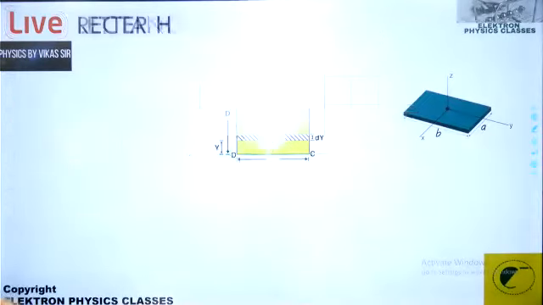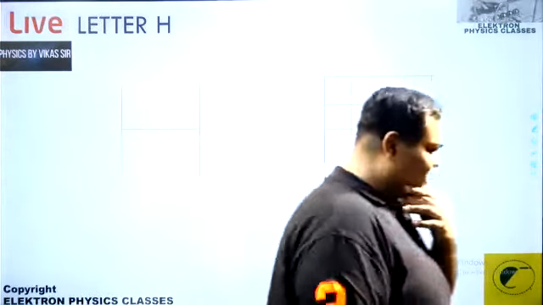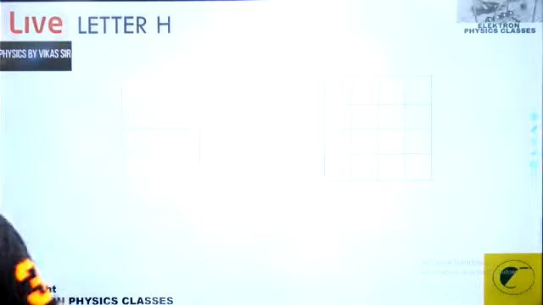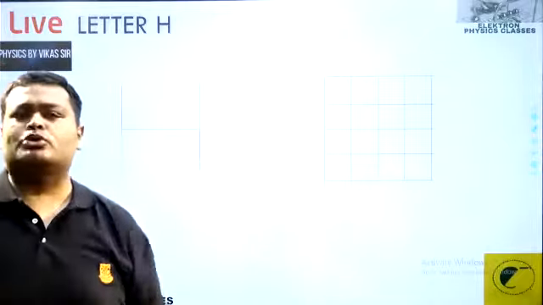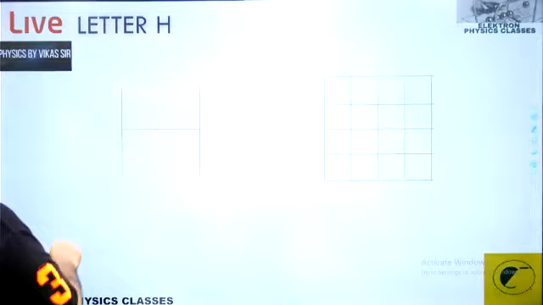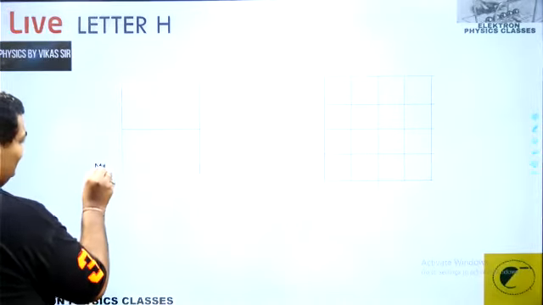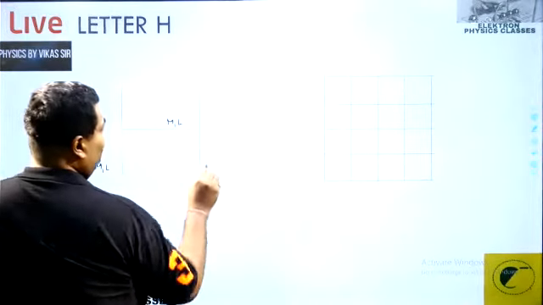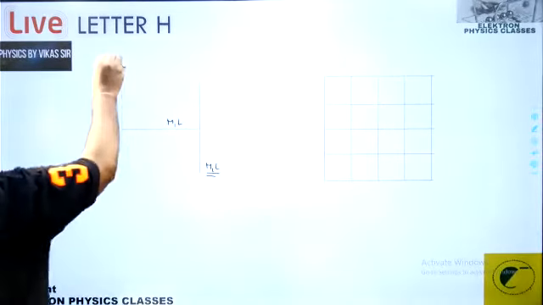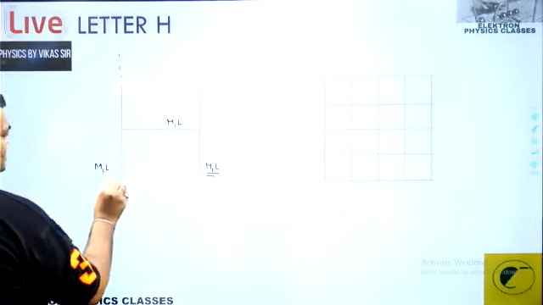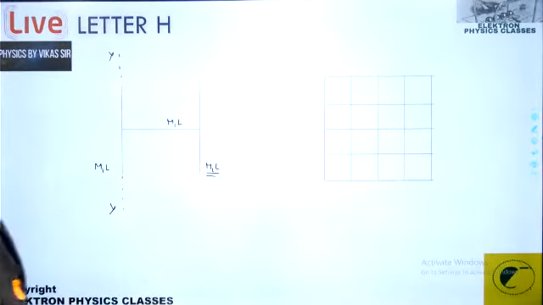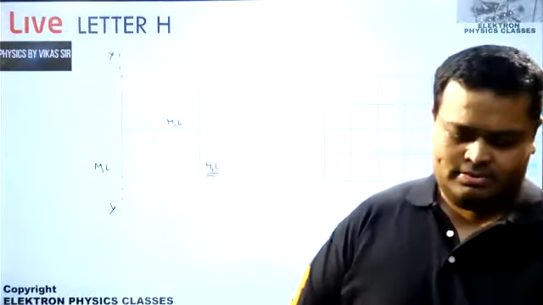आगे बढ़ते हैं, moving ahead. Yes, it's a letter H over here. It's made up of 3 rods. Now it's not a plate question, it's a frame question. It's a frame of 3 identical rods, each one of them having mass m, length L, mass m, length L, mass m, length L. We need to find the moment of inertia about this axis. This is an axis, let's say YY. What will be the moment of inertia about this? Can you please give me the answer for that? That's an easy bit.